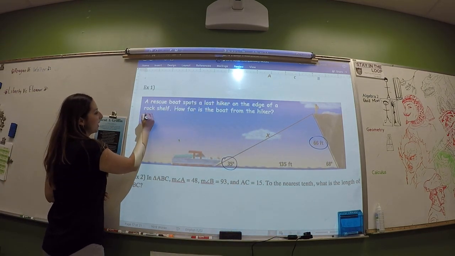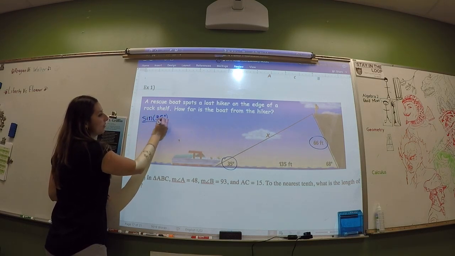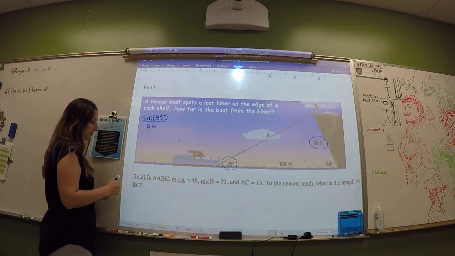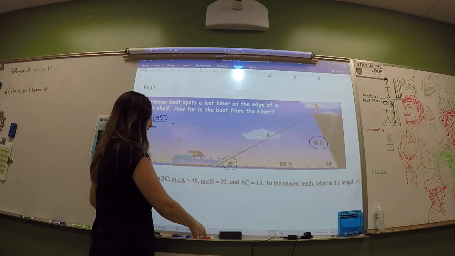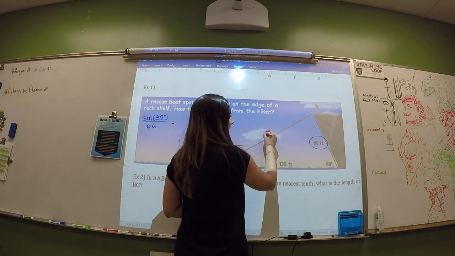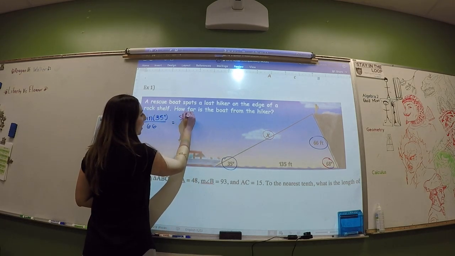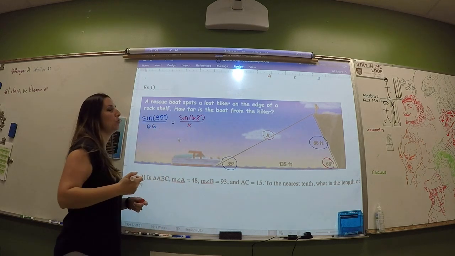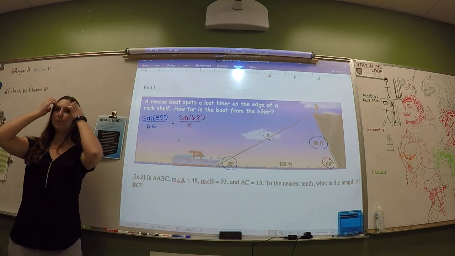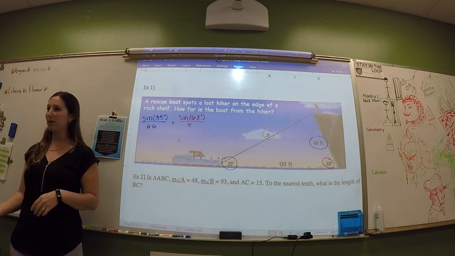You would do sine of 35 degrees over 66 equals, and since we're trying to find x, we want to use the angle across from x, so 68. So equals sine of 68 over x. You always want to make sure that the number that goes next to sine is the angle number, and